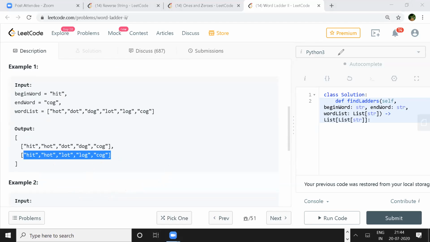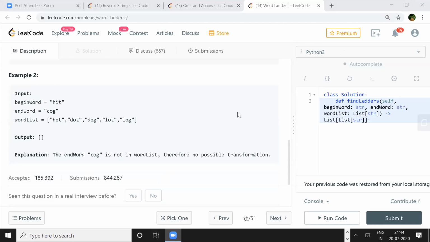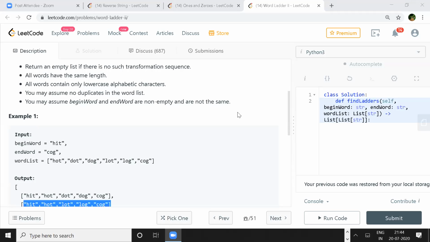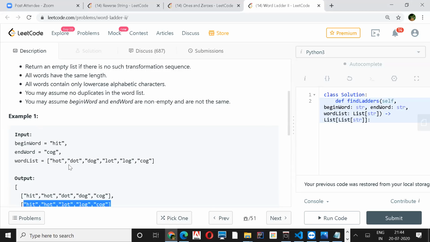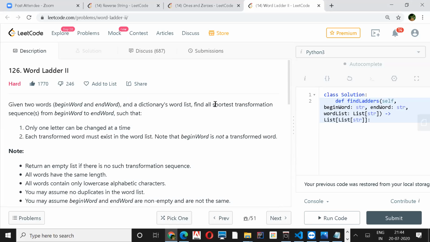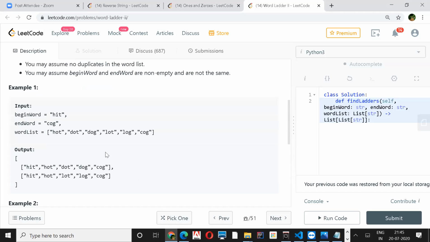So also in this case, the begin word won't be a part of the word list, correct? Exactly. Begin word won't be a part of your word list. No, it's there. Like HIT is there. Begin and end words are there. And I think it's not based on shortest. It's like how many you can find. It's like how many paths there are. No, those paths should be shortest, right? How many such shortest paths are possible, right? So if it is forming the word as well, then that's a path.